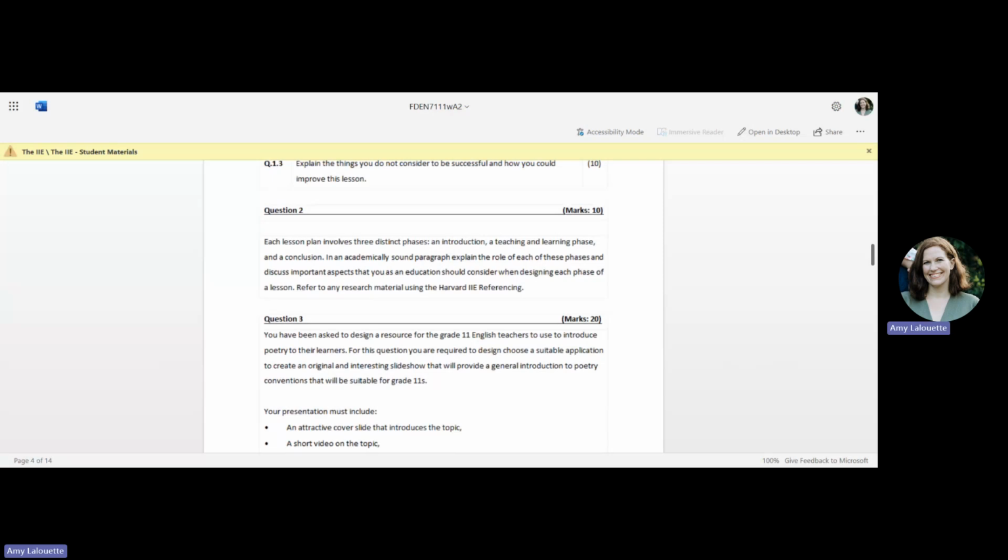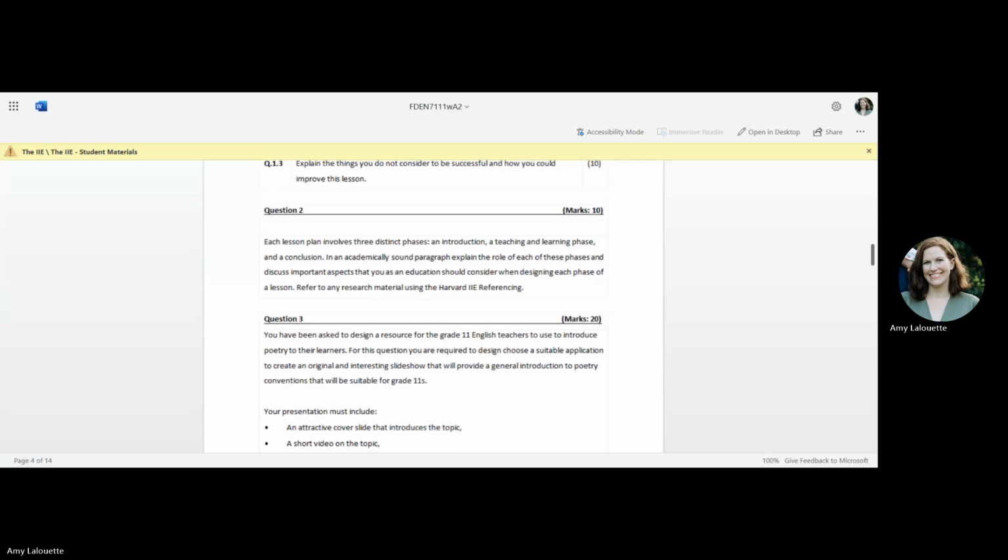Now, you have to explain the role. So what is the point of an introduction? What is it meant to do? You don't just walk into a class and start teaching, you have an introduction. Why do you have an introduction? What role does the teaching and learning phase play in the lesson? What is that phase meant to do? What is the conclusion meant to do? Now, if you were to sit down and think about it, I'm sure you could come up with those all by yourself. The second part is to discuss important aspects that you as an educator should consider when designing each phase